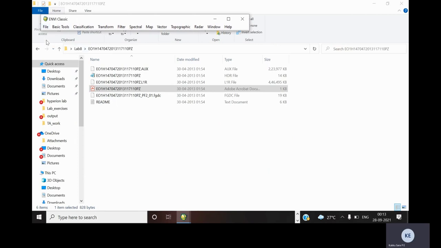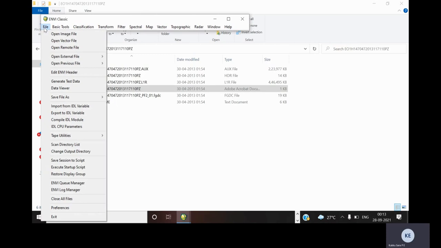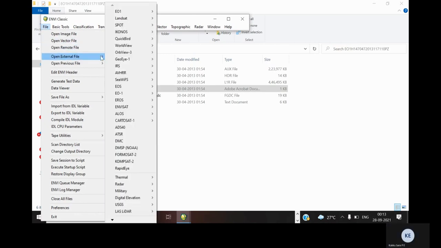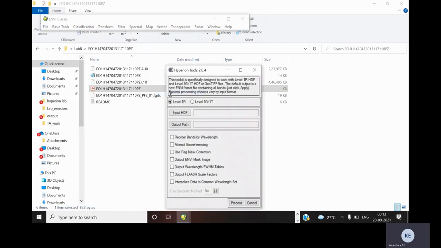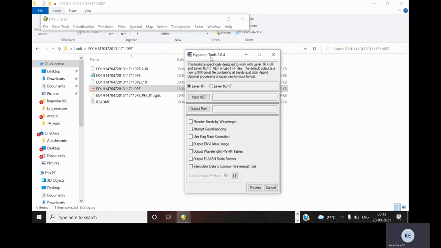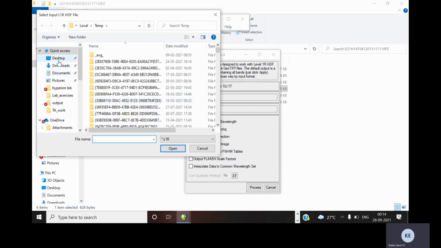So now we will import our data. For that, open file, open external file, and select EO-1, and under EO-1 select Hyperion tools. The Hyperion tool allows us to import the data and do the pre-processing of the data. Our data is level 1R, so we select that and select the input HDF file.